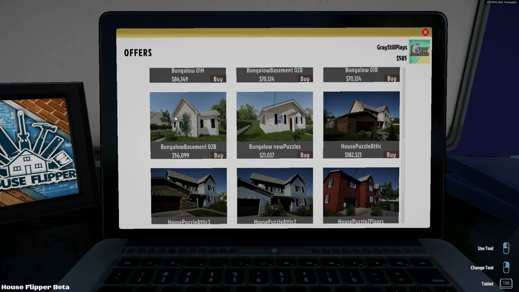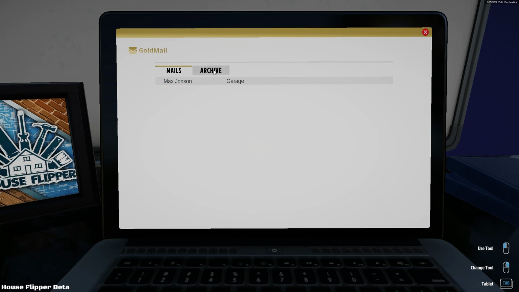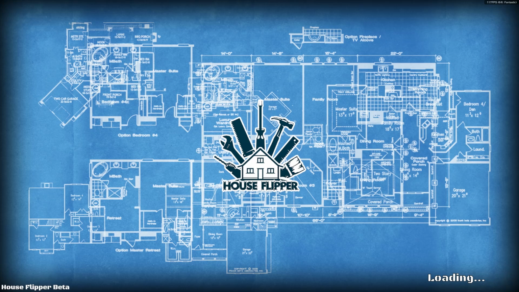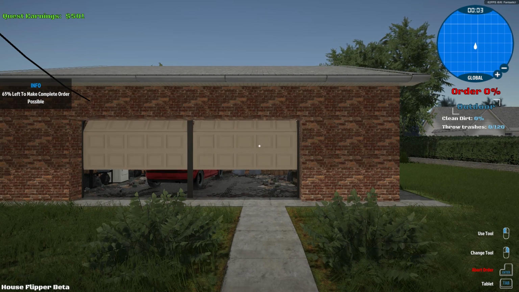So I assume our idea is that we have to work our way up to buying the entire house while also learning a little bit about the game. Over here, you can see I've done cleanup, small house to refresh. Over here, Max Johnson says to us, "Hello, I need more space in my garage for a new car. Please throw out all the trash and clean up the garage." Very good. We'll go ahead and accept this. This will teleport us over to the